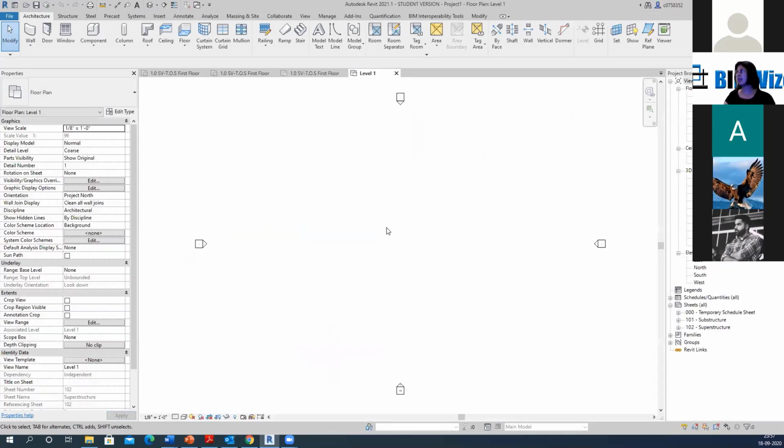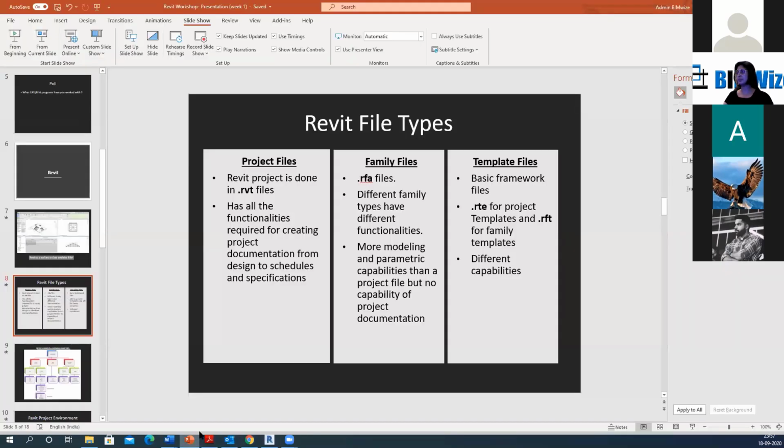A brand new project would look something like this. It would have a project browser and properties. What are these? We'll get to it, but I'm just giving you a look and feel of what it is. This is how a Revit window would look. It straight away goes to your level 1. Let's talk about